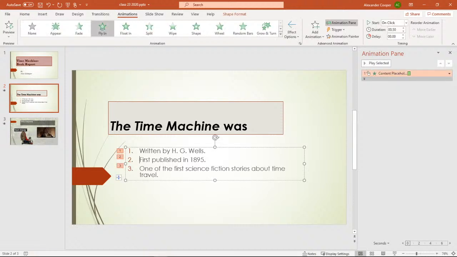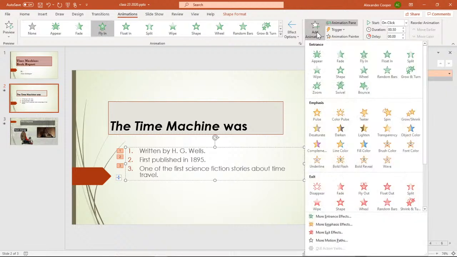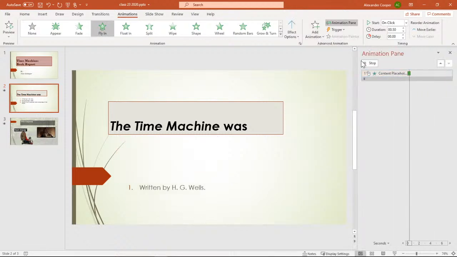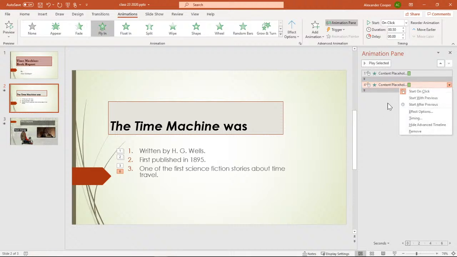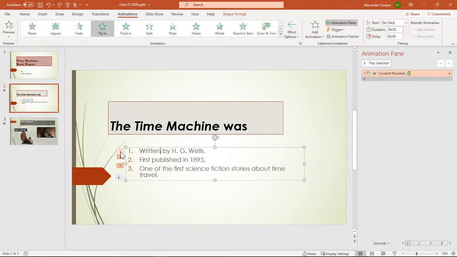Now, how do I add the other animation? If I click this row, and I say add animation, and I want it to fly in as well. Oh, I hit the wrong thing. Hold on. Oh, hang on, did that wrong. So they actually have it set up here. I can just click the 2. And what do I want it to do?